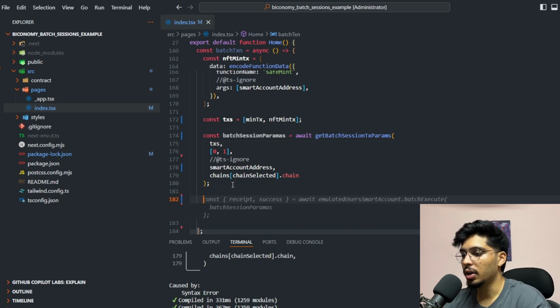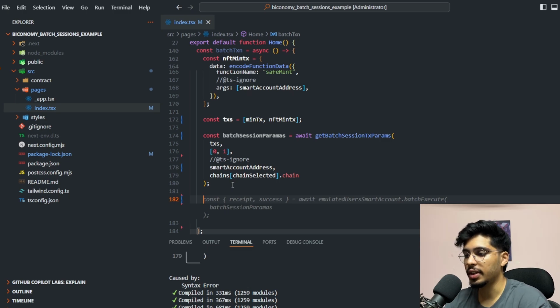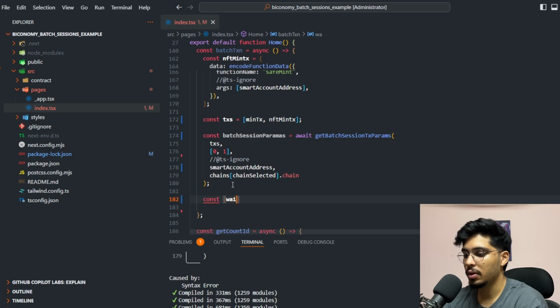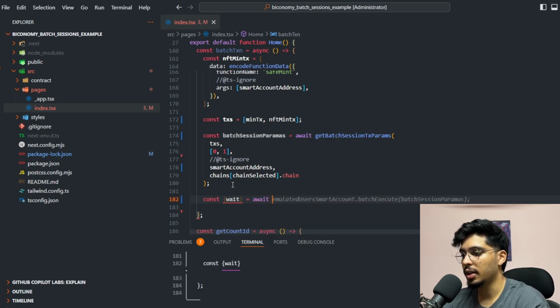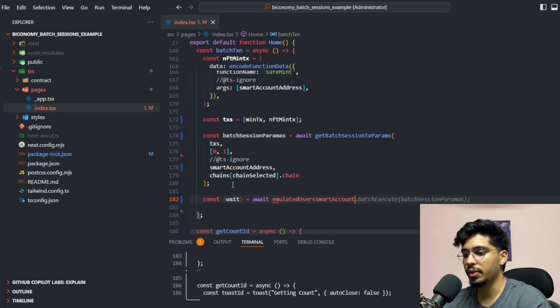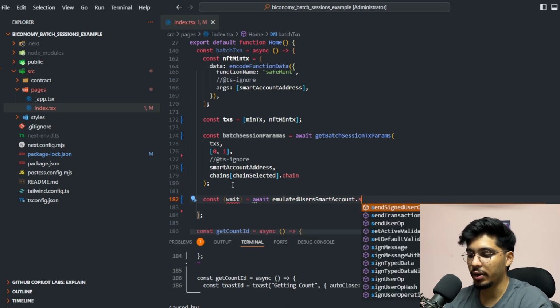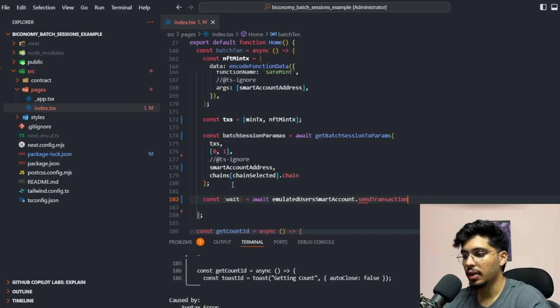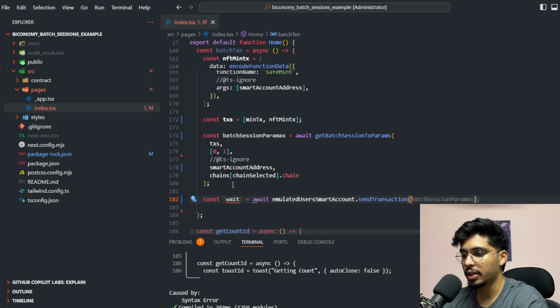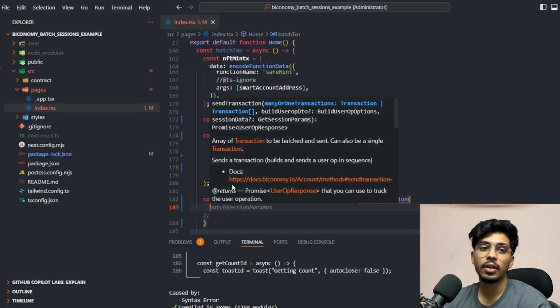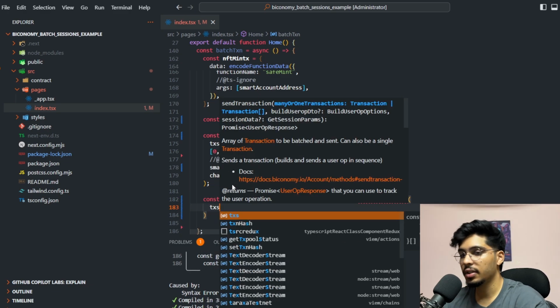wait for to send the transaction. Basically we are going to send the transaction now, so we are going to have wait from this, and we're gonna wait and send the transaction. So using the emulated user smart account that we already declared, we are going to send the transaction, and it needs 2 things. So the transactions, and